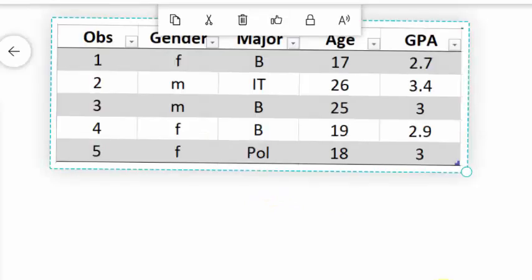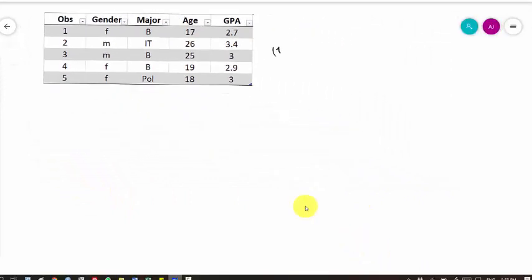we can calculate these. Let me consider this data set with 5 observations, and I have collected data on gender, major, age, and GPA of 5 students. Let me start with the first case where we have 2 qualitative variables, and for that I consider, of course, gender and major. In order to study the association between gender and major, we need to have the chi-square statistic, which